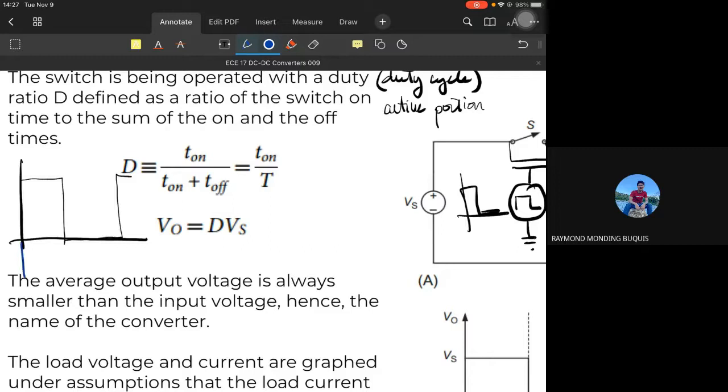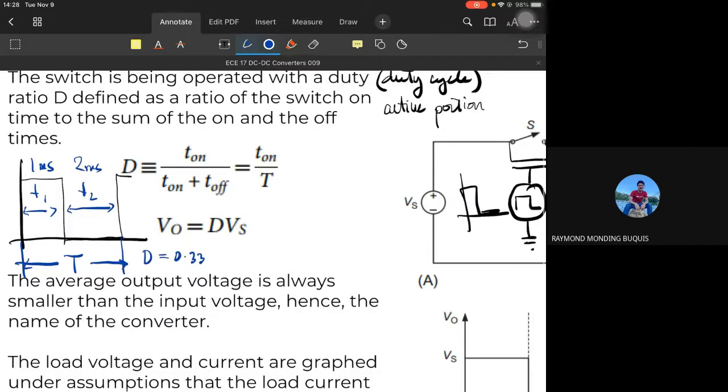So this is one period. Our period is divided into two, here and here. So this is T1, this is T2. Let's say, for example, it is on at 1 millisecond, and this is off at 2 milliseconds. So the period is 3 milliseconds. The duty cycle is 0.33. If I'm not mistaken, 1 plus 2 is 3, so 1 over 3, 0.33 is the duty cycle. So this has a duty cycle of